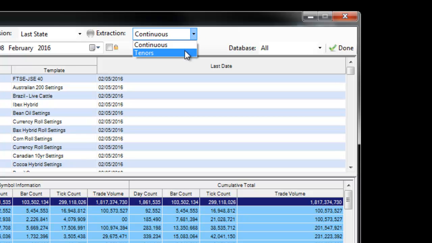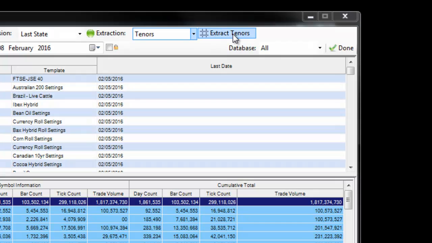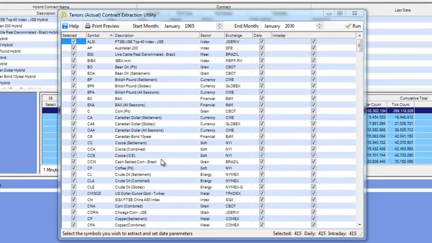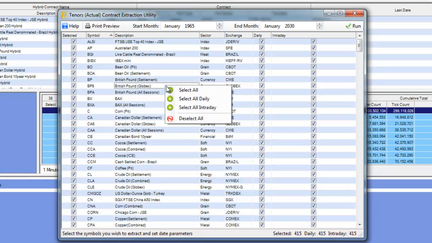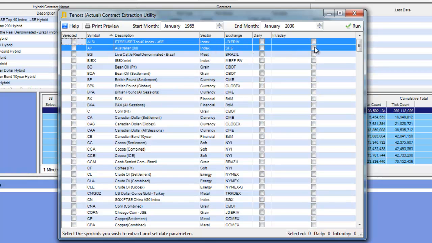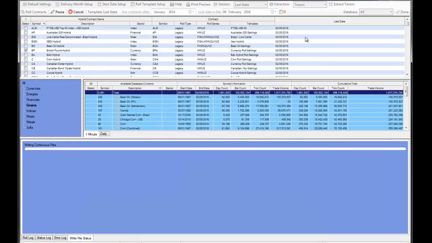and if you are subscribed to the actual Tenors data, you'll notice this continuous combo box here. If we click on this and choose Tenors, another area will open called Extract Tenors to the right. If we just click on that, now drag the box in. Now you can select everything if you wish, or right click and deselect, and we'll just run off a couple of symbols to start with. You set your dates here, and then as soon as you're ready you will run the role manager